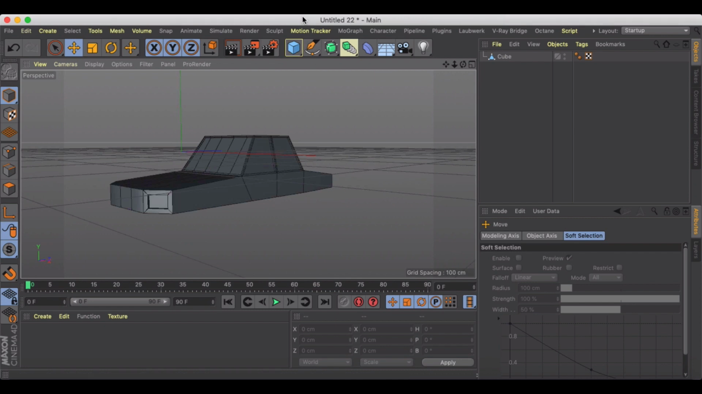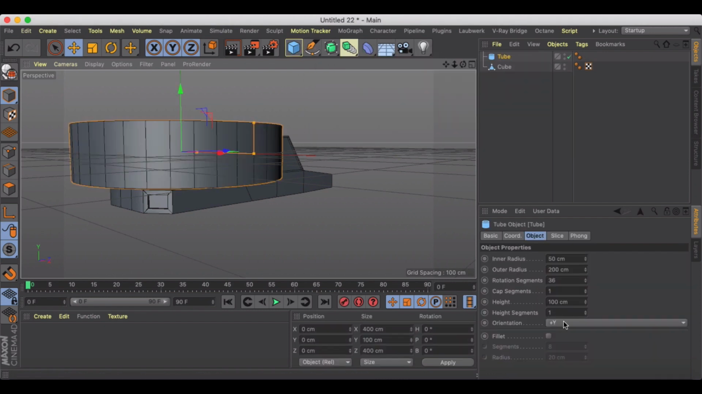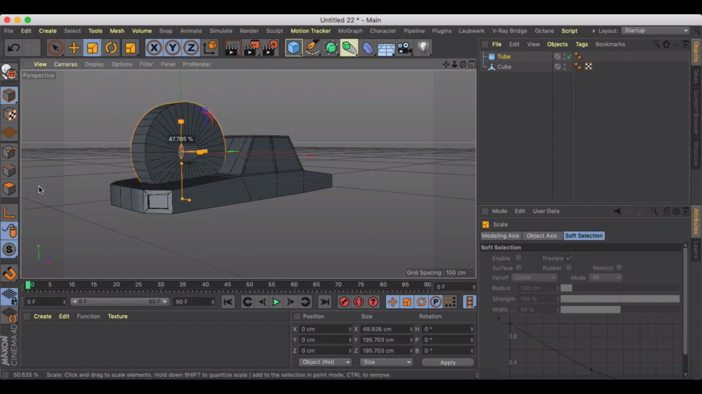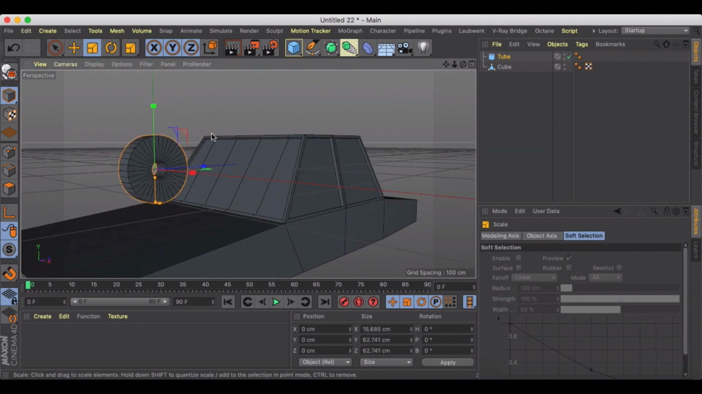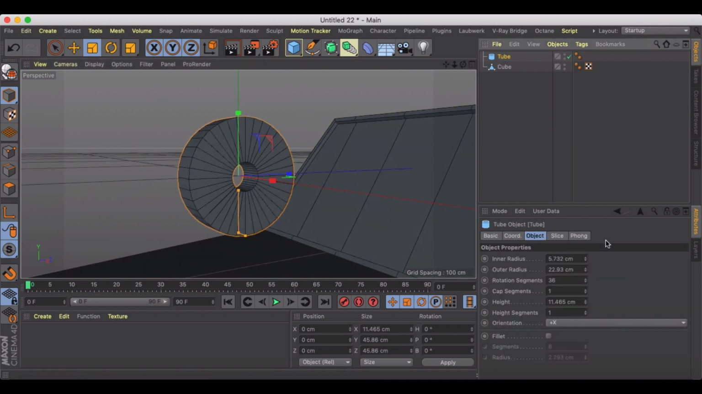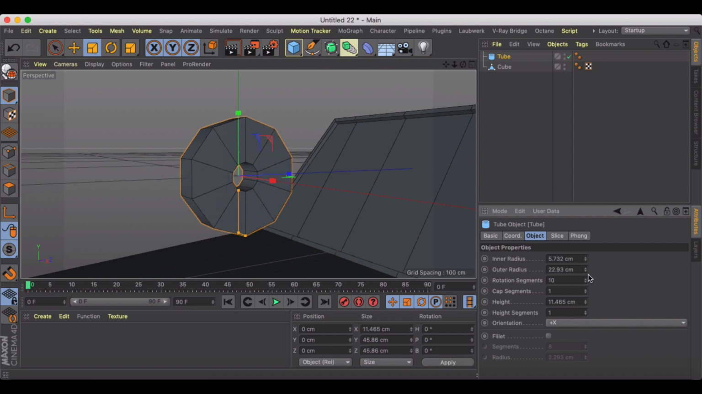Okay, cool. Next up, let's add some wheels. So for the wheels, let's grab a tube and make sure that we're on the right axis there. Let's scale this down. We don't need this many rotation segments, so let's go to like 10. Let's make the inner radius a bit larger, something like that, and then we're gonna add some